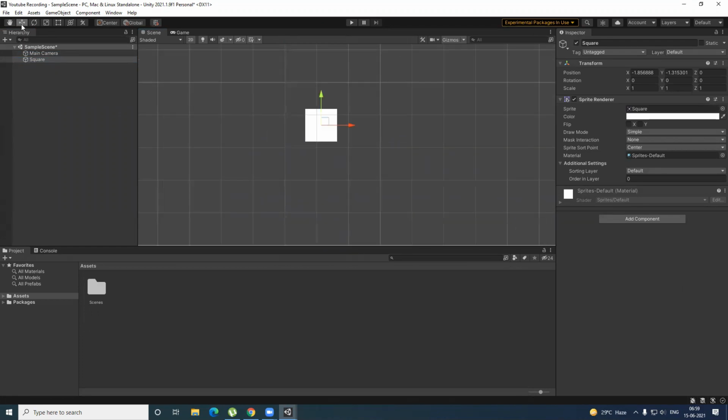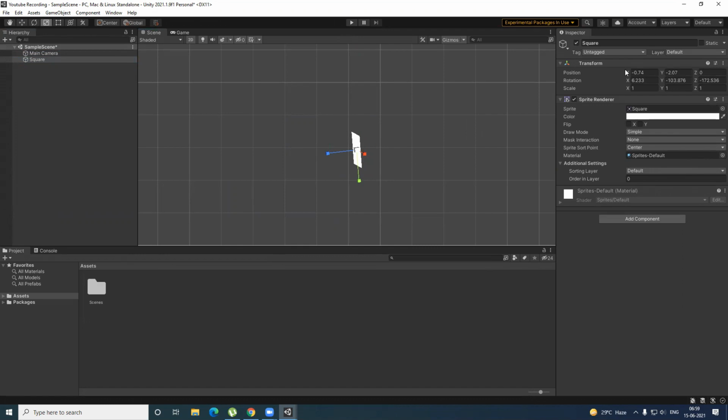Moving on, this is the move tool like I talked about. You can see I can move on the x-axis and on the y-axis. In the rotate tool, you can see I can rotate around the z-axis, or the x-axis, or the y-axis. Then moving on to the scale part.